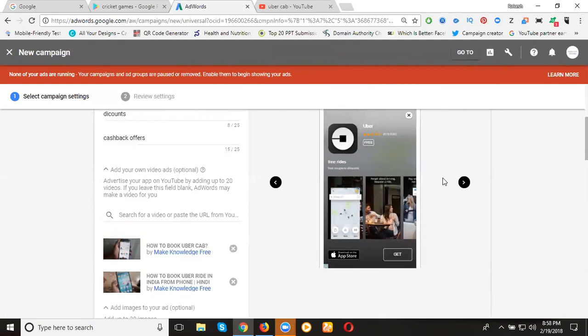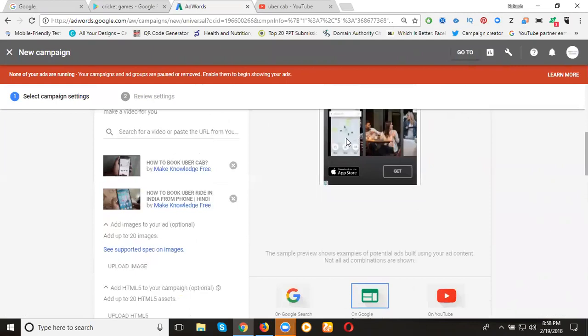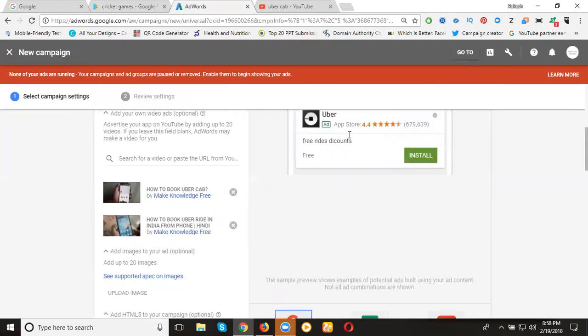They show ads when you open the Play Store, and in between the Play Store search they show the ad also. But they always show it inside the app only. The Google search network, the display network, shows ads in apps when you're playing any app, in between the levels. This is complete for YouTube, and this is complete for your Play Store when you're searching games, free coupons and so on. Everything will be shown by the Google Play Store.